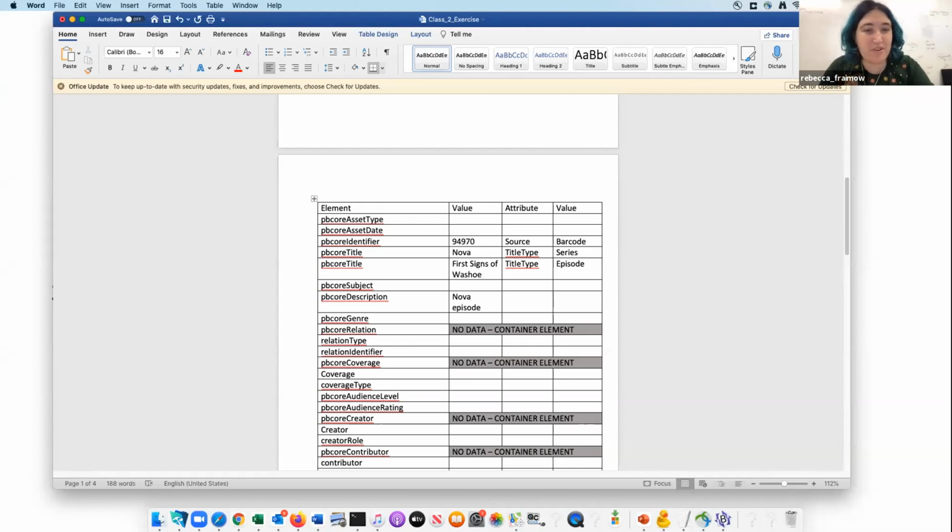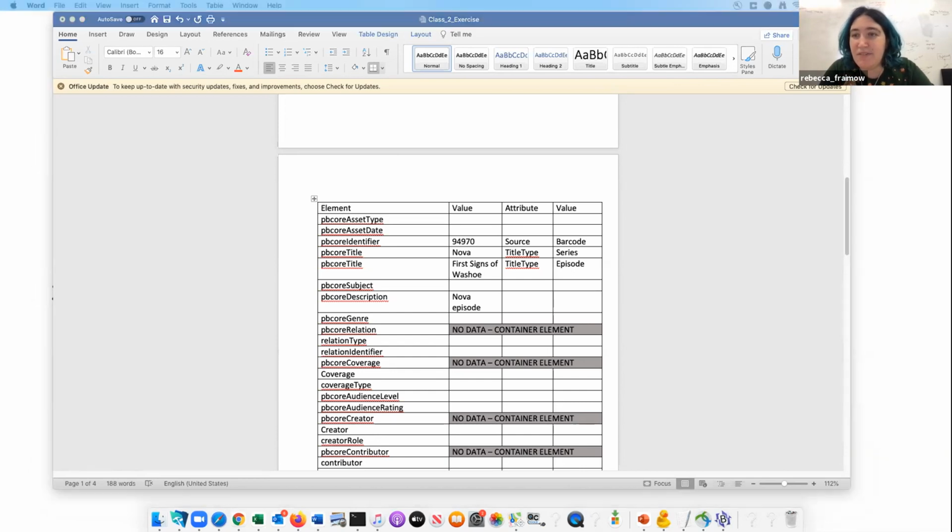Oh, and sorry, one more thing. I'm also going to put in the chat a reference for where to go to add attributes. This isn't necessary if you just want to fill out this PBCore form at the element level right now. And if you just want to pick one element rather than trying to duplicate things in your worksheet, that's fine. This is just a starter exercise, and we're going to be returning to this form over the course of the class. But for anyone who does want to refer to PBCore's elements and attributes,